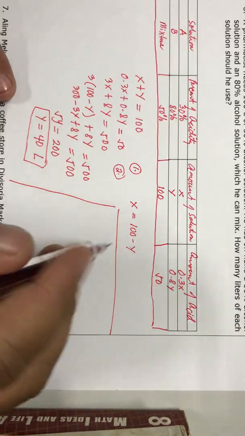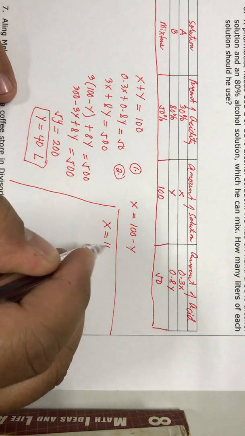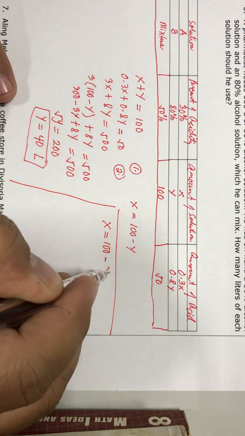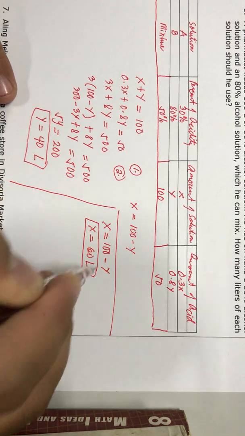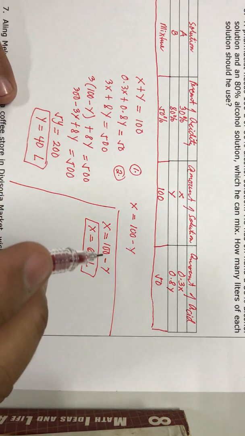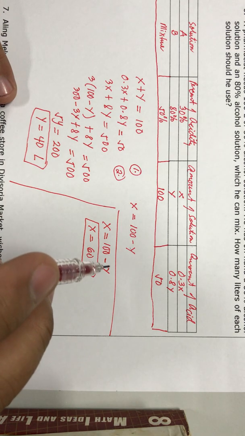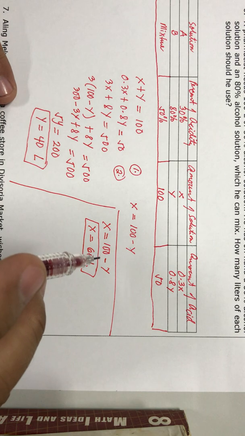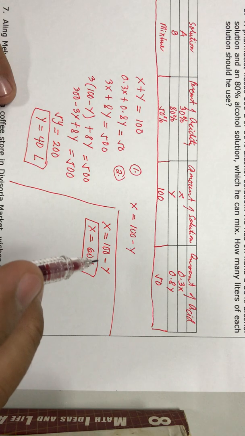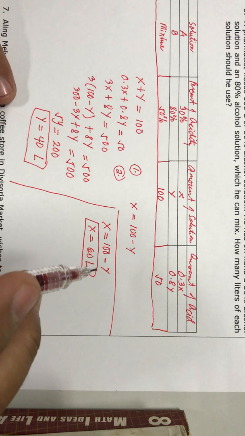On the other hand, since x is equal to 100 minus y, x is equal to 60 liters. Therefore, it means that you need to have 60 liters of 30% solution and 40 liters of 80% solution